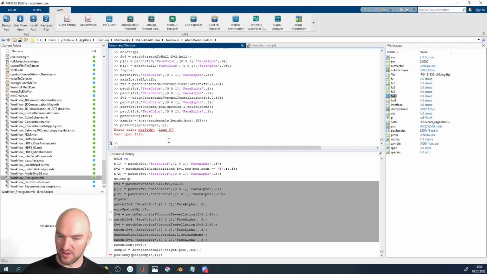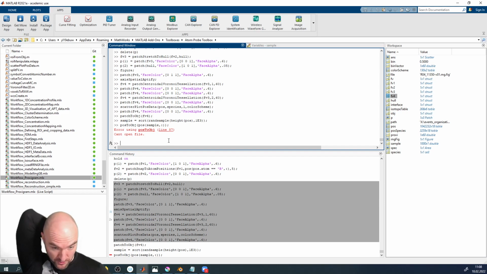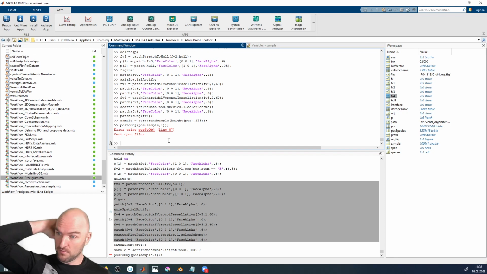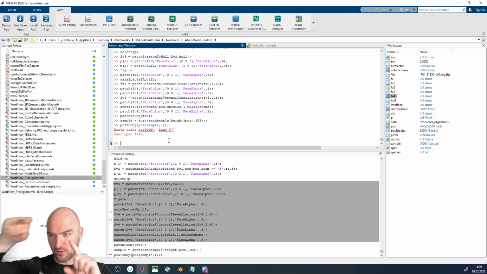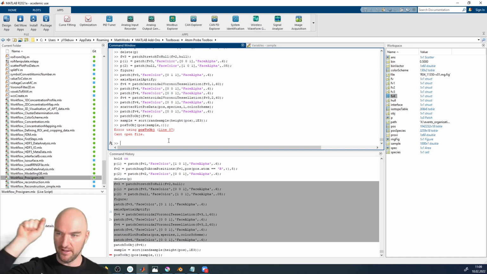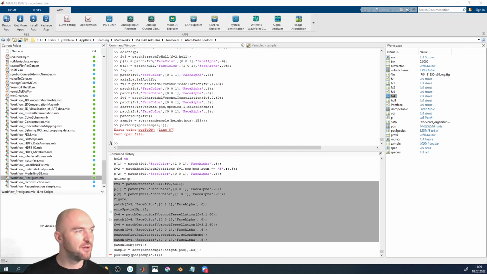Okay, so this is actually a quick way to do proximity histograms. By the way, you can also do a proxygram for multiple species, and if you create multiple proxygrams, you can copy the proxygrams from multiple axes. Let me reopen that again. So if I rerun the whole spiel here,